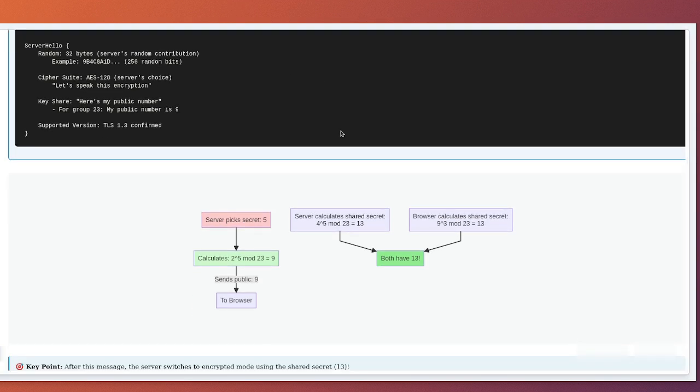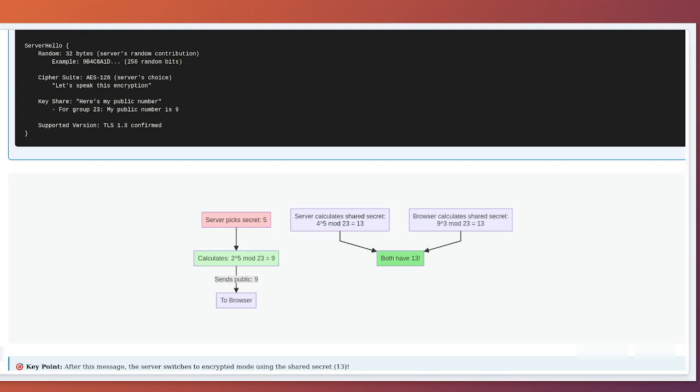The server also generates its own 32 bytes of random data. Remember how the client had random data too? When you combine both random values, you get 64 bytes of randomness that's unique to this exact conversation. It's like both people contributing half of a lottery ticket number. Neither party can control the final number, and it's astronomically unlikely to ever repeat. In cryptography, this is called contributory behavior. Both parties contribute to the randomness to ensure neither can manipulate it.